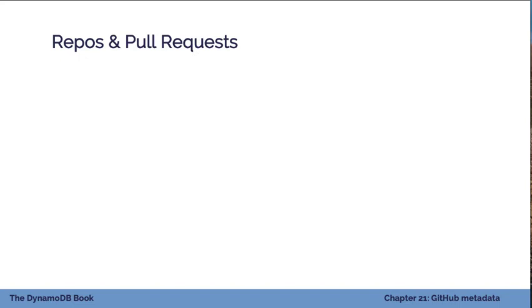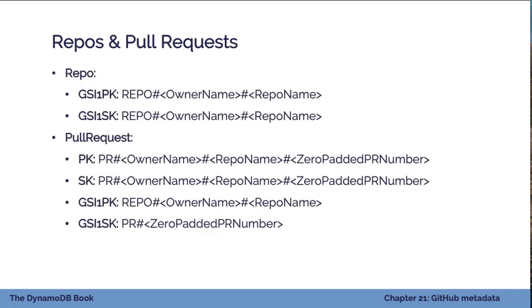So what we're going to do here, we can't model pull requests in that same main item collection as issues, as we discussed, because they both have that descending access pattern. So this is what we'll do instead. We'll do that in a secondary index. So on our repo item, we'll add GSI1 PK and GSI1 SK. These are going to be the exact same values we use for our PK and our SK on that repo